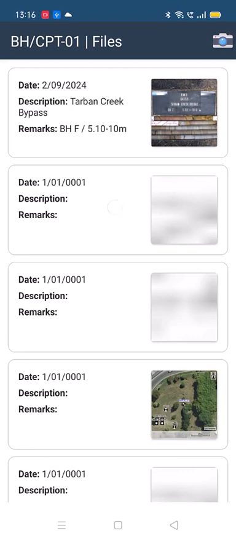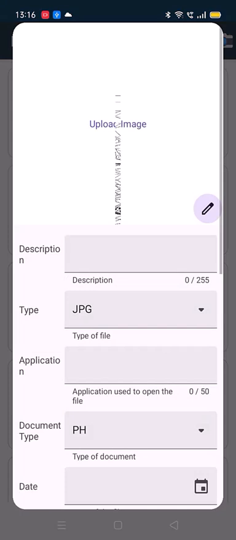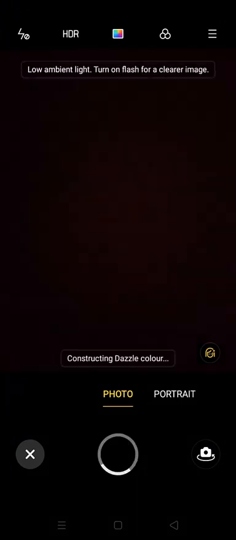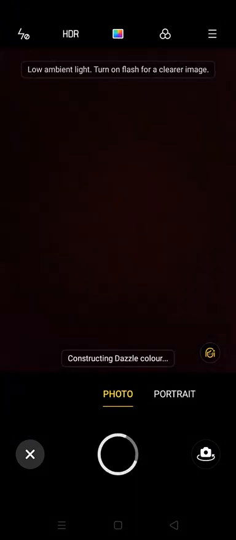To edit a photo, click on the image that you want to change. A pop-up will appear with the photo's details. Click the edit icon below the image to make changes. After saving, you can add more details like a description and date before finalizing.